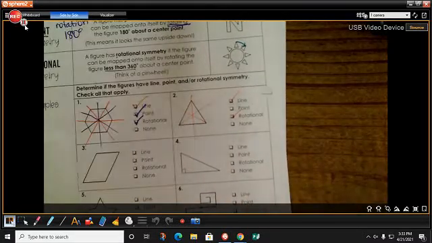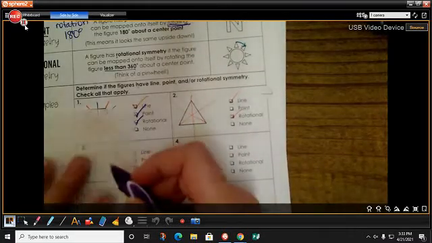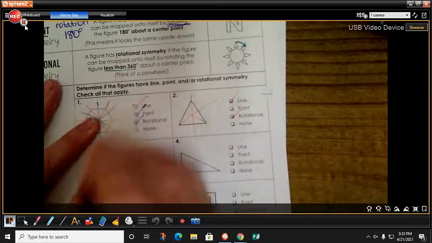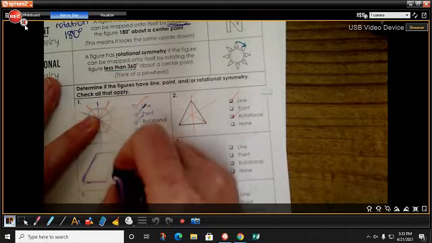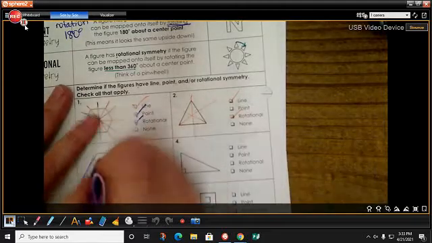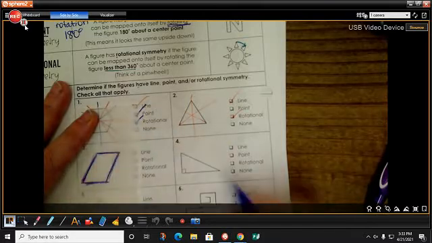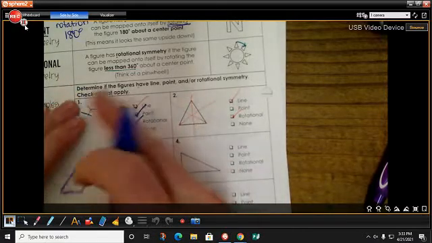Trying here, this lovely parallelogram. Let's trace you out. And some of you can see this without drawing, and that's totally fine. And ooh, this purple just does not want to draw on my patty paper. Let's try this nice dark blue then. It draws nice, okay? So first of all, does it have line symmetry? Well, it might be tempting to think, well, what if I drew a line here? But if I fold along that line,